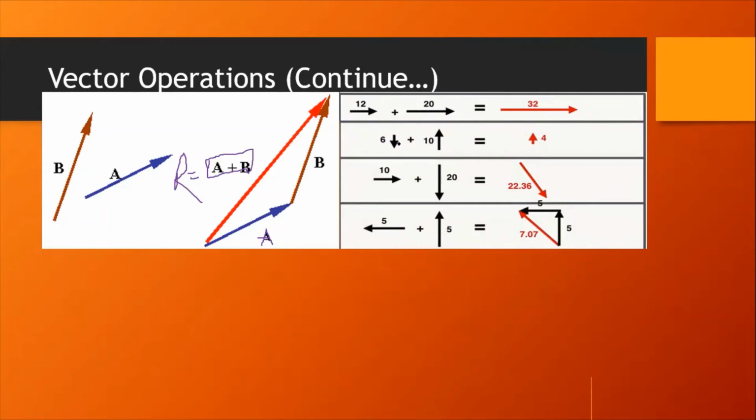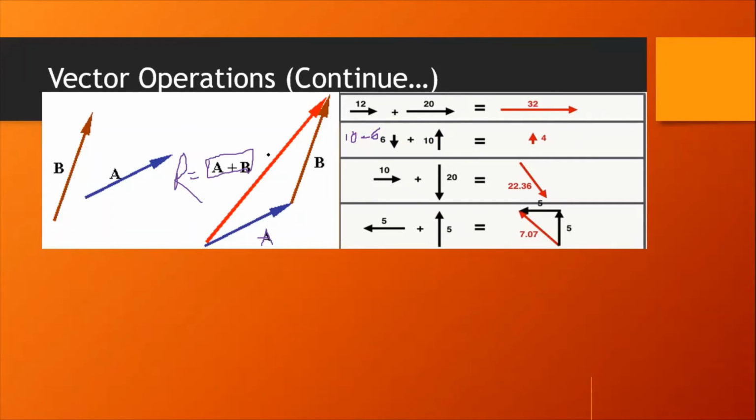And in this line, you can see that one force is downward and another force is upward. So what I have to do, the downward one will be -6 and the upward one will be +10. So what will happen? 10 minus 6 comes out to 4. So 4 is the positive one, so its direction should be upward. So you have to select it, whatever you are doing in the addition or subtraction. So what you will do, take the magnitude which is more than the other one, and whatever the sign of that magnitude, we will use it in the answer. So this is the way.